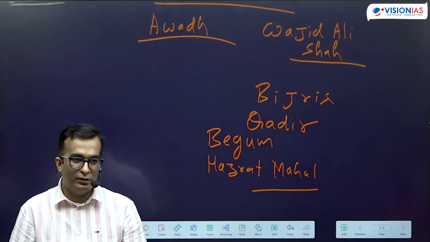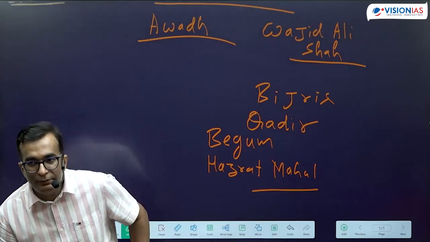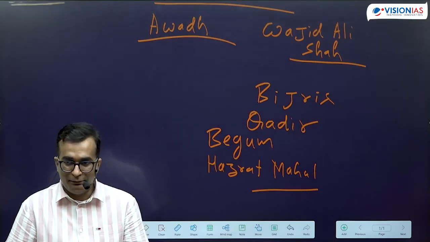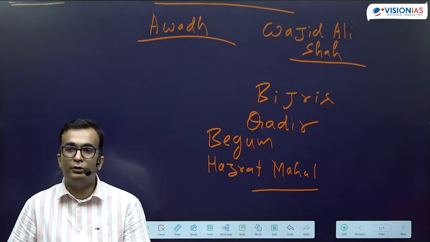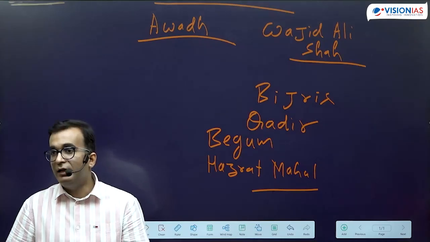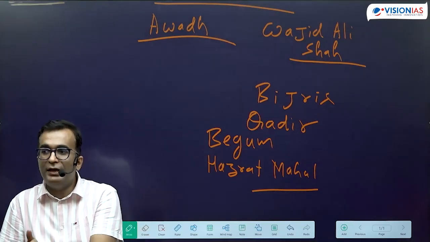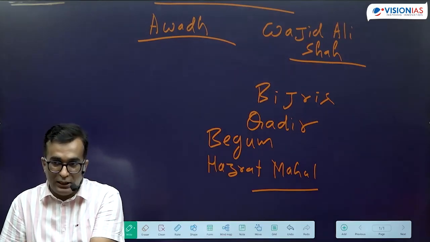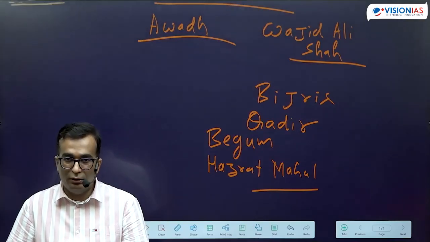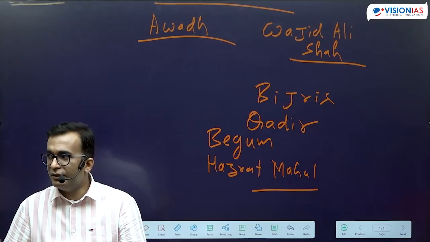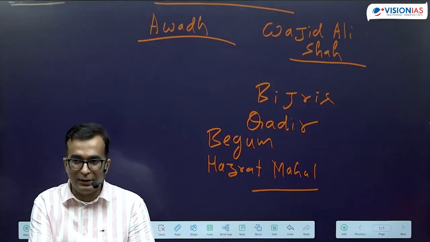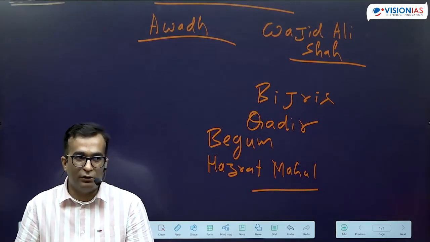Then, the last but not the least, but most important, is Rani Lakshmi Bai of Jhansi. So understand who she was. Originally, she was a Marathi Brahmin, born and brought up in Kasi. Her father was a reputed officer in Bajirao II's court. In fact, some part of her upbringing was in the court of Bajirao II. Okay? And it is in Bajirao's court that she learned many martial arts: sword, horse riding, and swimming. Many such things which were only a domain of men were learned by her. So she was very well versed in all these martial arts.